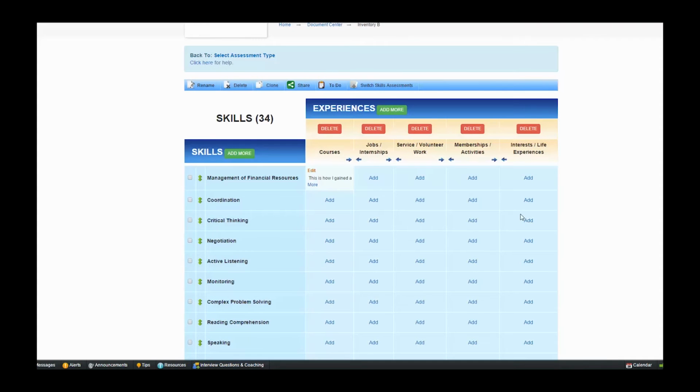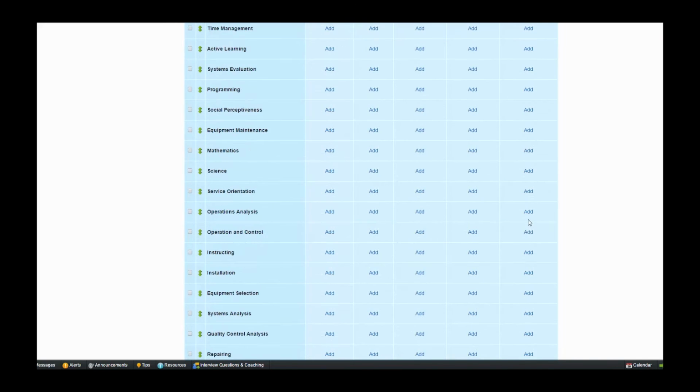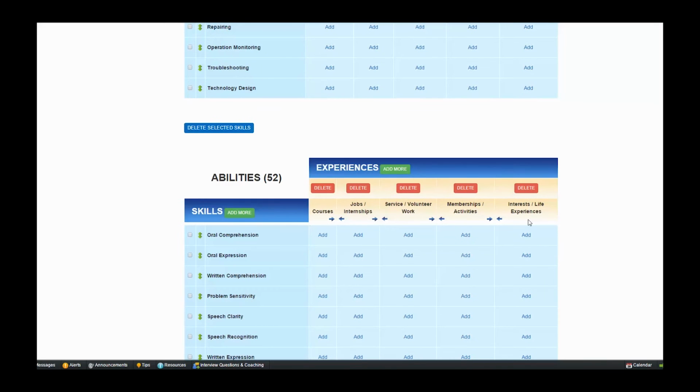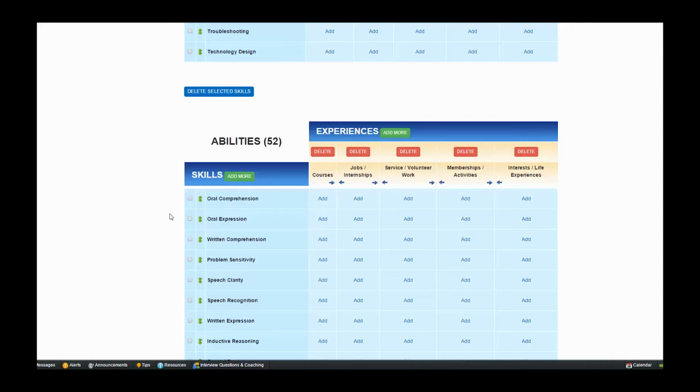Once you are done with the skills, scroll down the page to the Abilities section. Again, based upon the initial concentration area you entered, the skills will be on your list. This section works in an identical fashion to the skills section before it. You do not have to list an experience for every skill or ability, but make sure that you have added details to all of your keyword skills. The keywords are those skills that you have at the top of your list on your resume, or maybe in your headline on LinkedIn. This will give a viewer the opportunity to learn more about you without having to say a word.